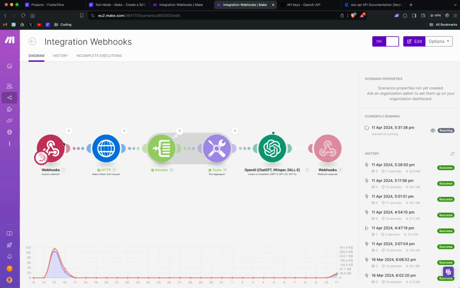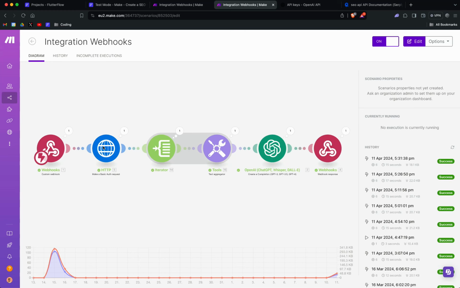It's being triggered from Flutterflow, which kickstarts this process. And then this next module here is where we tap into the SEO API from RapidAPI. And effectively what this is doing is it's using the SEO API to identify the top 10 articles, websites related to the keyword that the user inputted into the Flutterflow UI. It will take those top 10 articles, aggregate them into one text file,